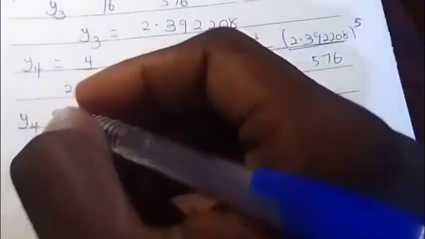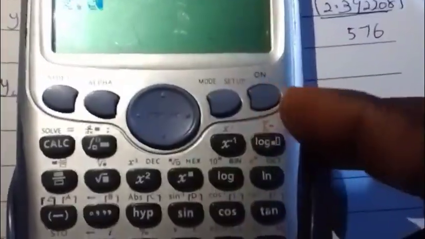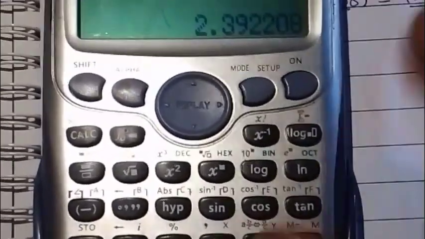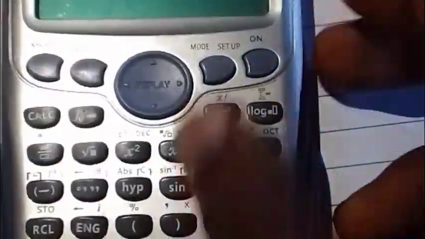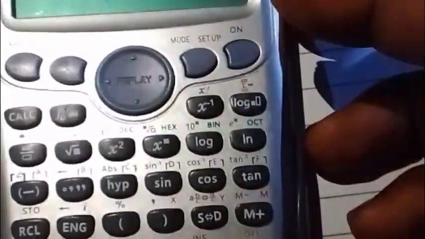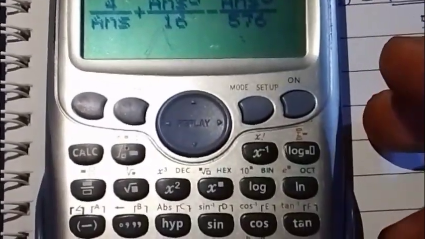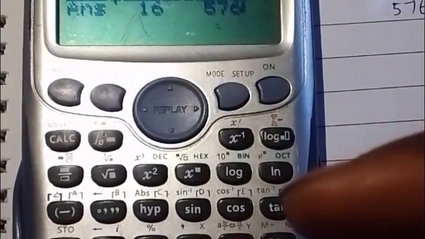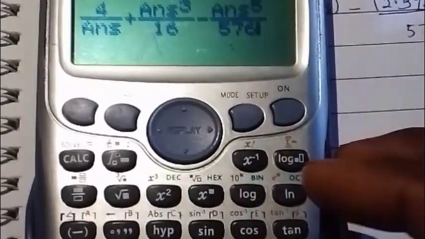So our y sub 4 is equal to, as I said, your calculator helps you the most here. So I'll just put in my y sub 3 here, 2.392208, and I have my answer stored. So I'll just be typing 4 divided by answer plus the answer cubed divided by 16 minus the answer to the fifth power divided by 576. Can you see how easy that was? We were able to reduce the time we used to type in all those long numbers and just use answer straight up by typing it once. So if I press equal to, I get my y sub 4 to be